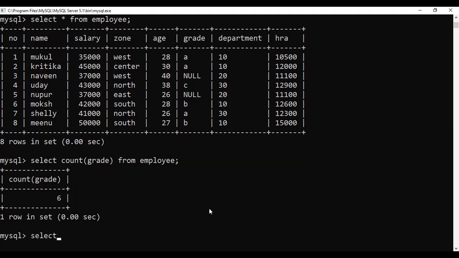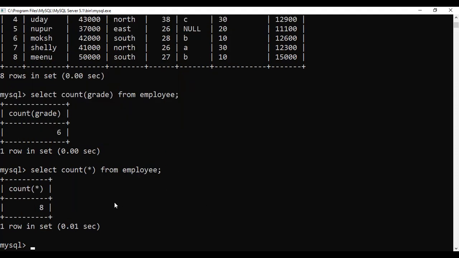But instead of that, if I say select count star from employee, what will it return? It will return 8. So count star will return the count including the null values.